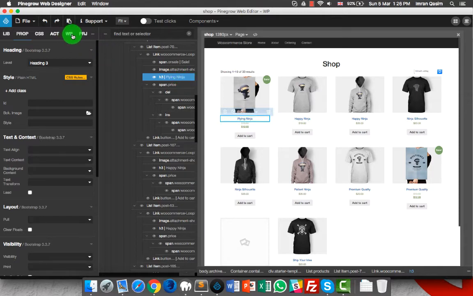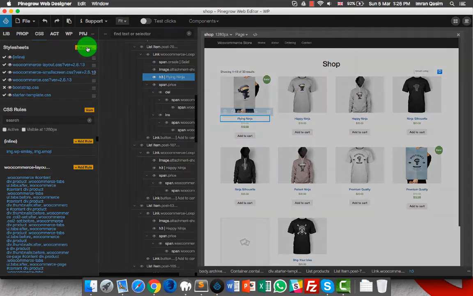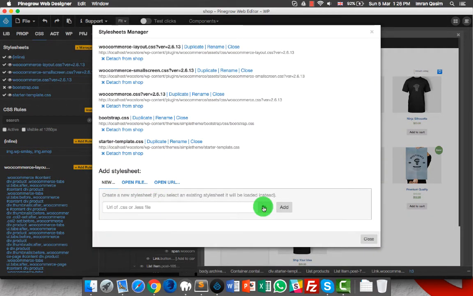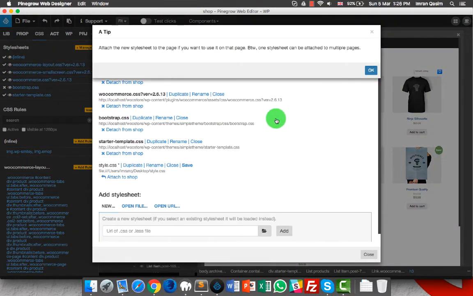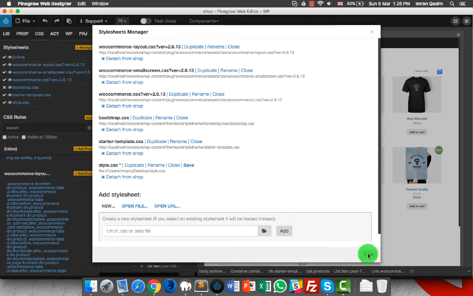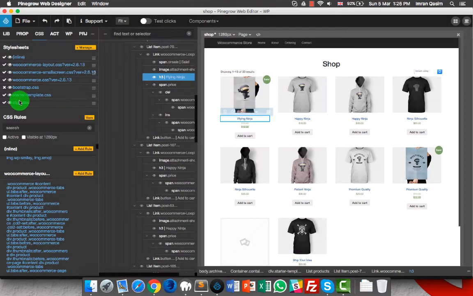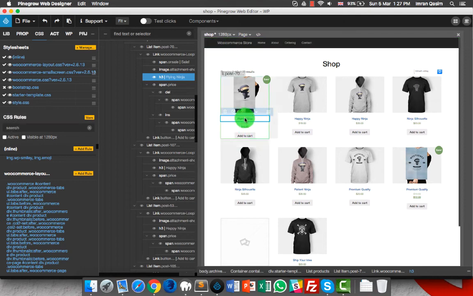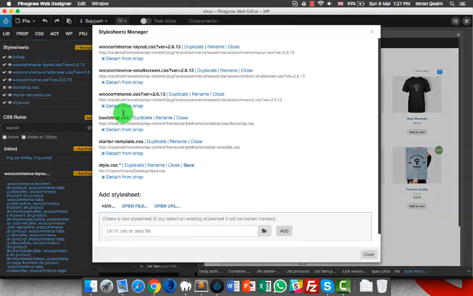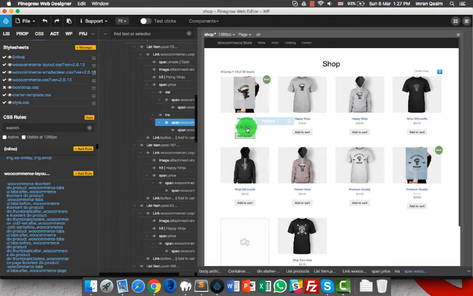color, I will go to the CSS tab, manage, and here I will add a new CSS, click on it, and anywhere on the desktop I will add a style.css file, add it, okay, and attach to shop, and everything I will add to this style.css, right, in this style.css I will add every styling. If I see here this price, this one, it also has all the WooCommerce styling, and then I can further customize it using